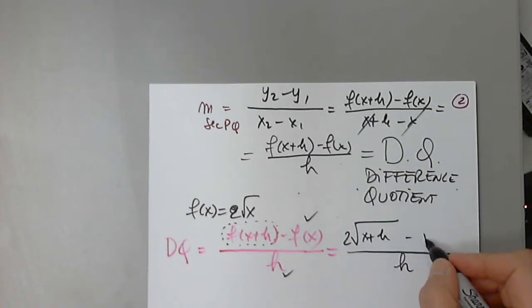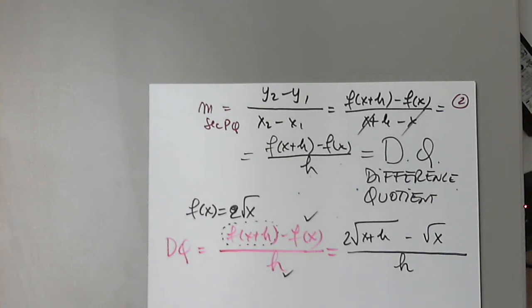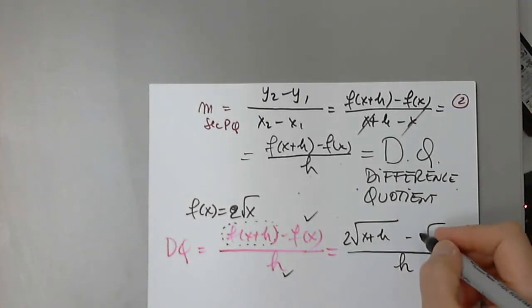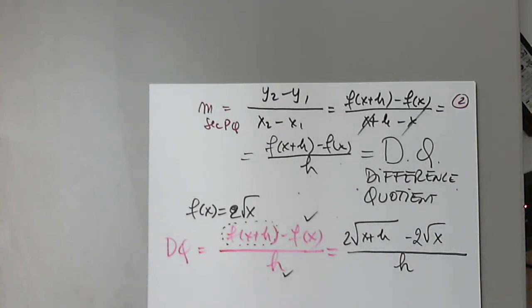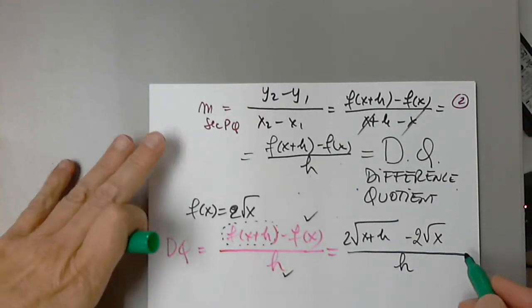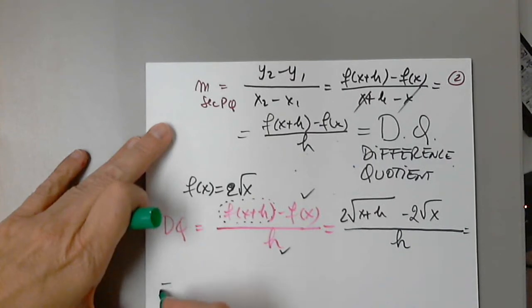Thank you. Close parentheses. Very good. Excellent. That's what it means, f of x plus h. Are we all in agreement? Any questions? Okay, perfect. Yes, I will factor out the 2